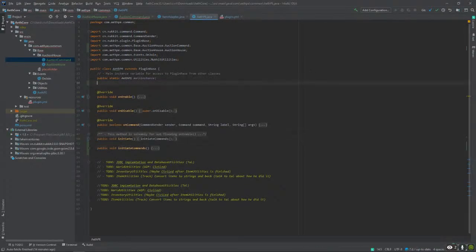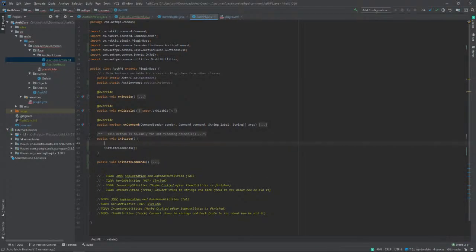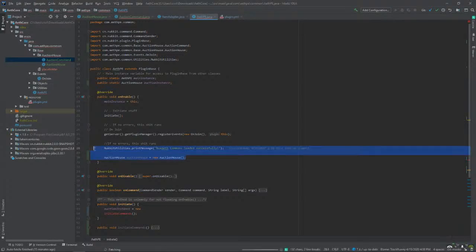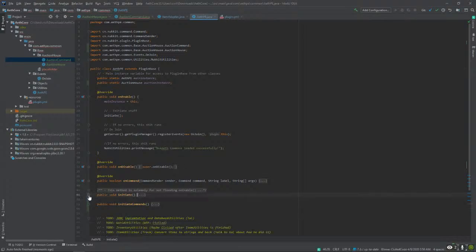So public static auction house auction instance, and then from here on my onEnable, my initiate, I should use auction instance is equal to new auction house. All right, so that's two things done.